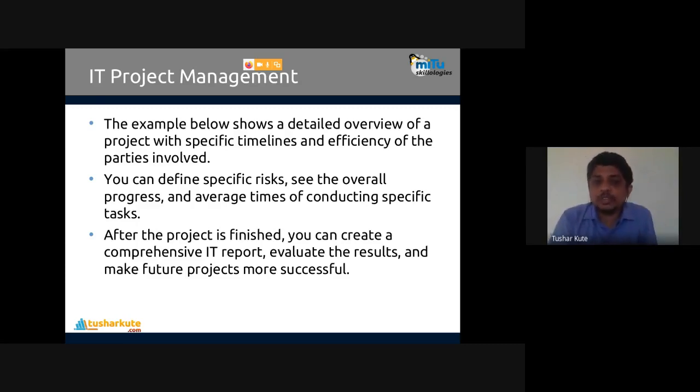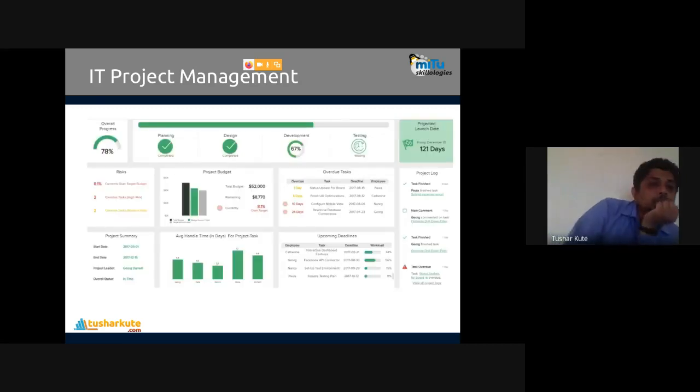See, the detailed overview is given here. Check it out. For example, a project is required to be launched within a specific time. Let's see here, project launch date 15 December. So 121 days are remaining. That's mentioned.